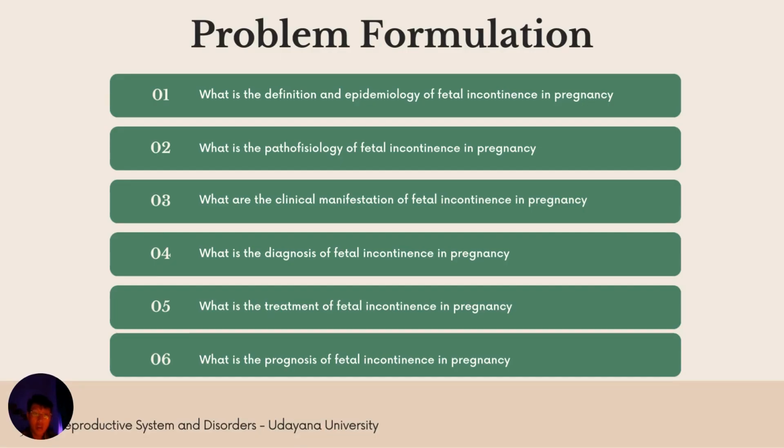Thank you. Swastiastu. My name is Bryan Tjandra with the last three digits 152, and I'm going to explain about 1.2, 1.3, and 1.4. So, the first one is problem formulation. There are six problem formulations.